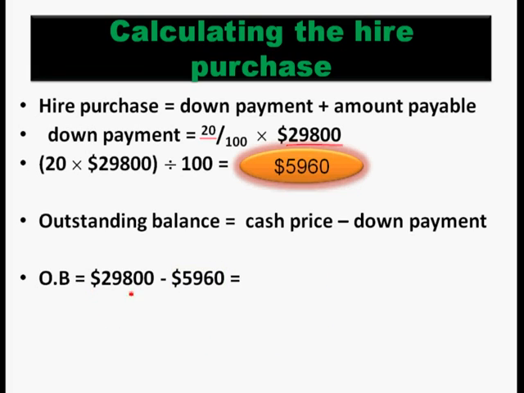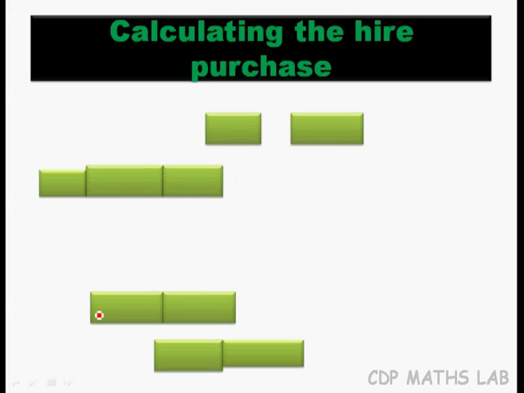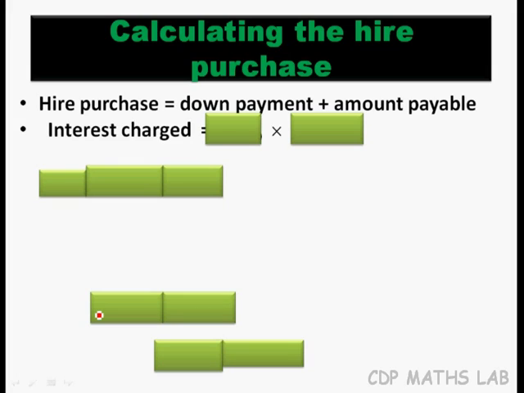So you work this one out. Just pause the video and work this one out for me now. Good. Did you get this for your answer? Very good. So it is $23,840. So now we have the down payment and we have the outstanding balance. Remember now, the hire purchase is equal to the down payment plus the amount payable. Now what is the amount payable equal to? Time times monthly installments. Alright. Now, so we're calculating the hire purchase. Now we're looking at